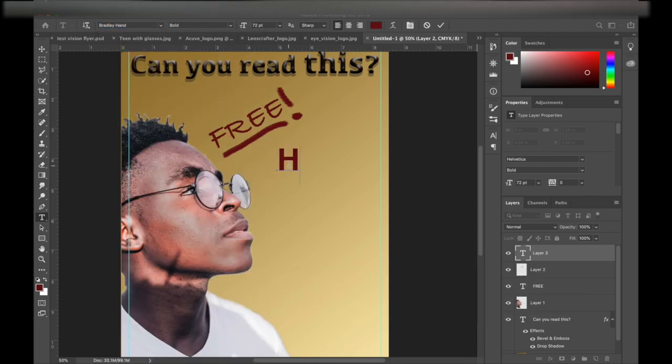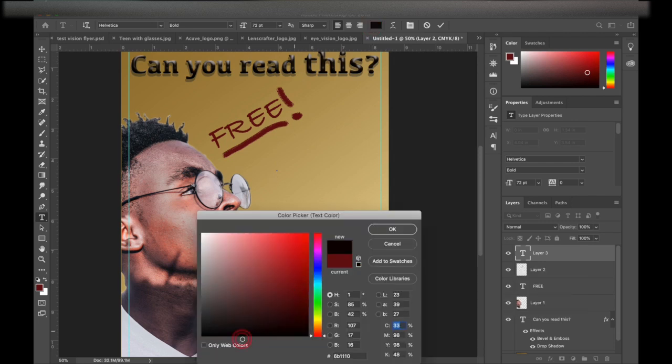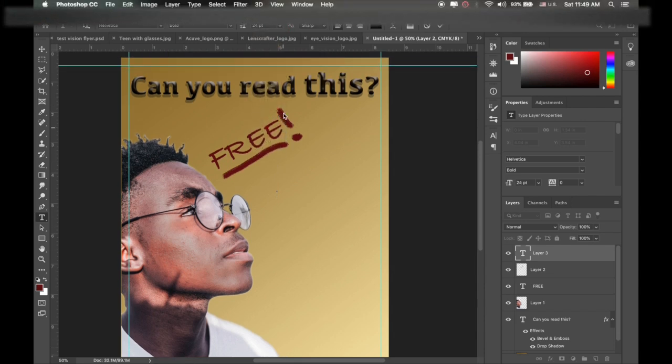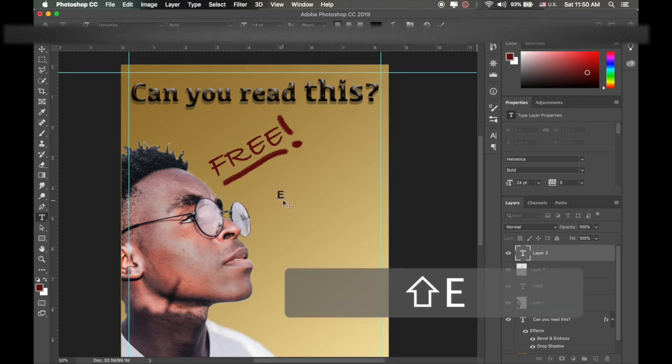And change that font back to black. Okay, so we're going to write out some stuff here. So let's change our size. We're a bit too big. Let's just change that to 24. And here I want you to write out, so let's type out